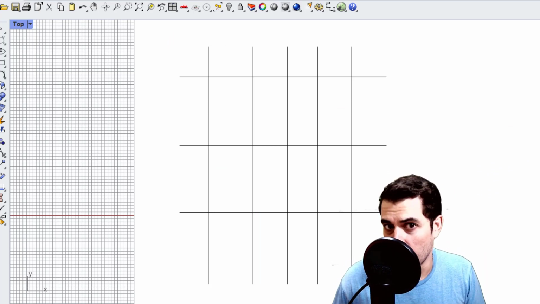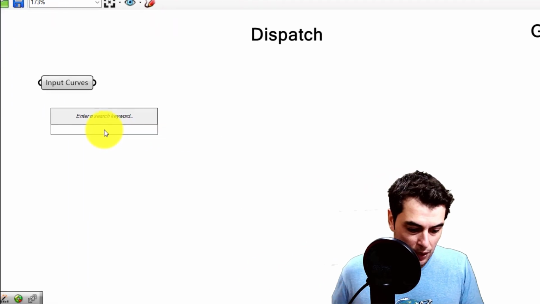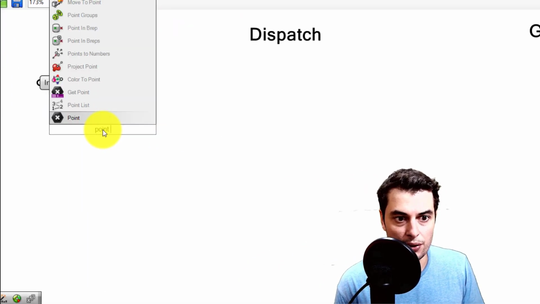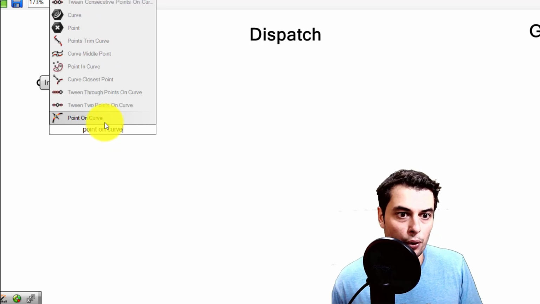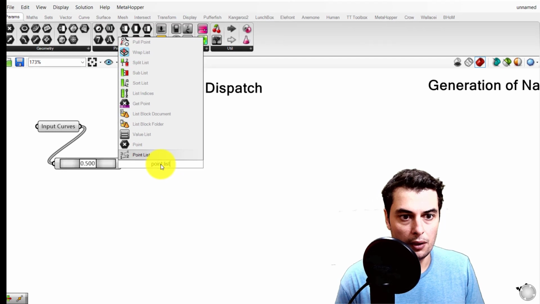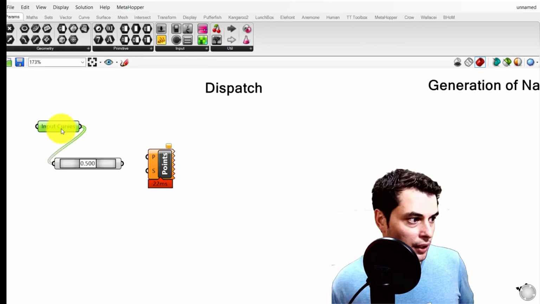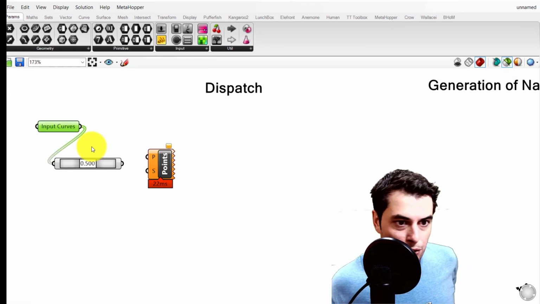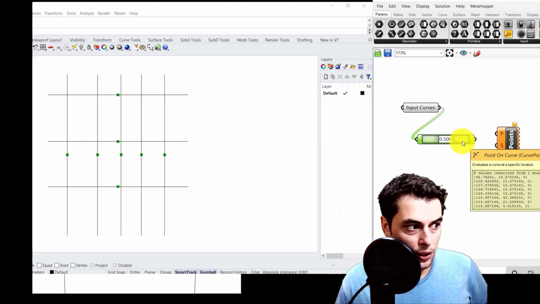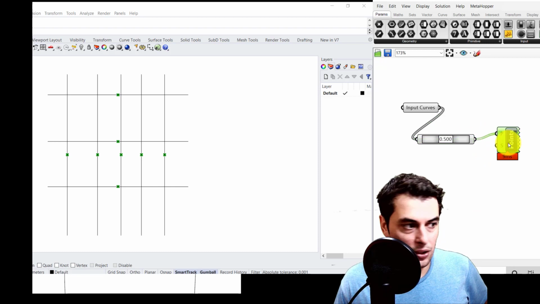Just to show you, and I'm not sure this is going to be the best example, but let's see. So if I go and pull out a nice little thing called point on curve, we just want to throw some tags out there. And then I'm going to go point list. So with this point list, if I go green mode here, green mode is the best mode to be in when you're debugging. If I click these curves, I get the centroids of those curves. And now this points